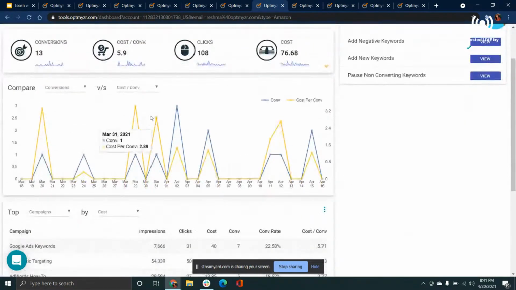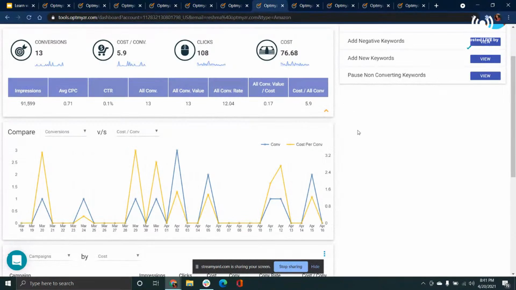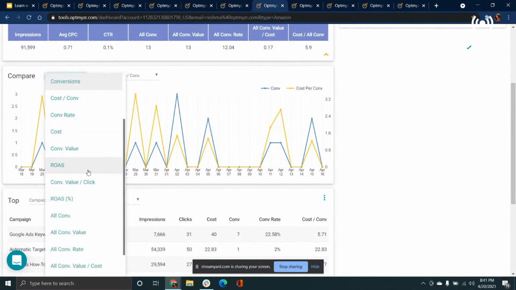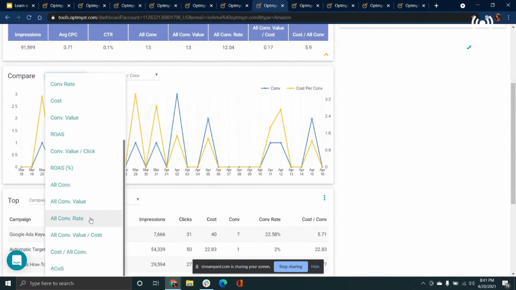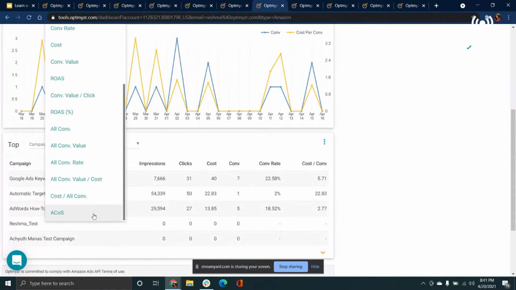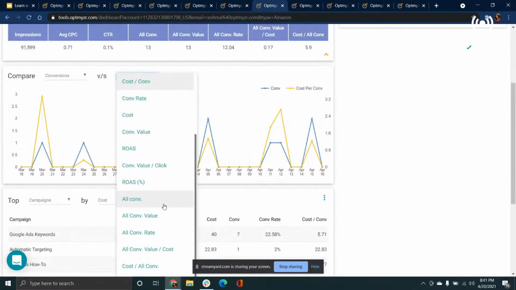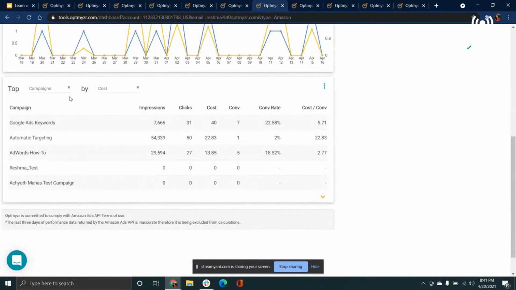So just to show you, these are how the account is performing, and you can quickly compare your conversions versus cost per conversion, or anything else that you would like to set up. Even if you want to look at ACoS versus a metric that would give you more insights, and even further come down and look at your top campaigns or keywords.